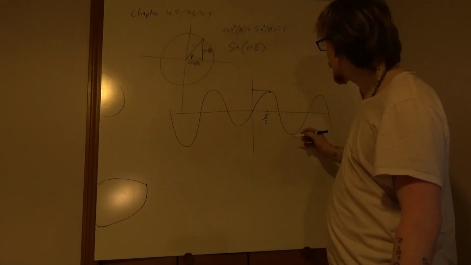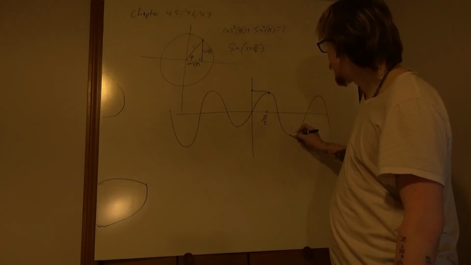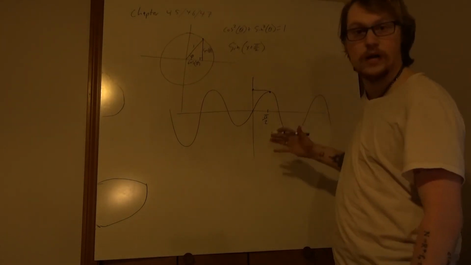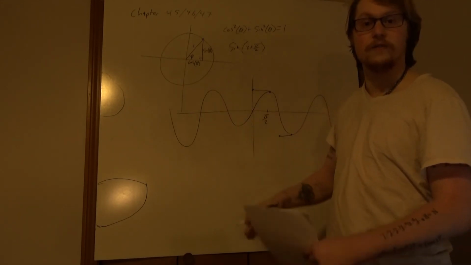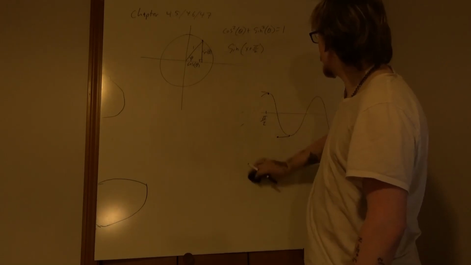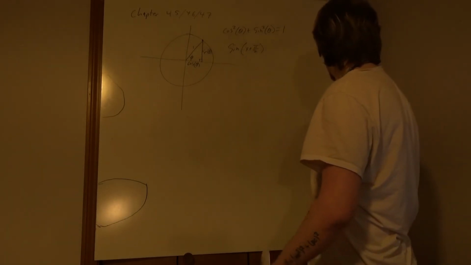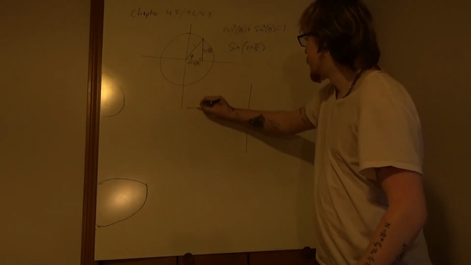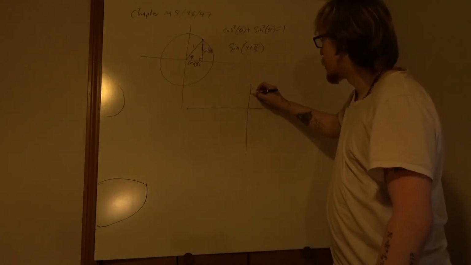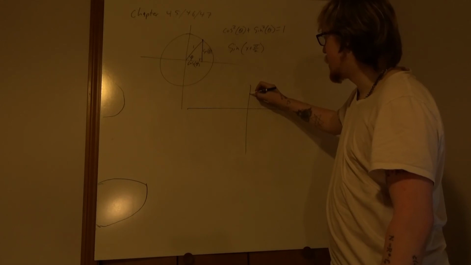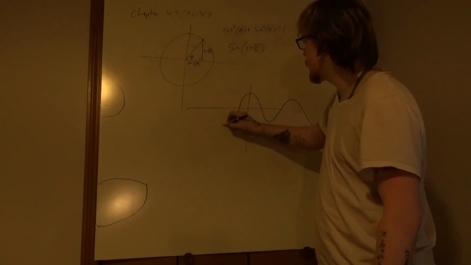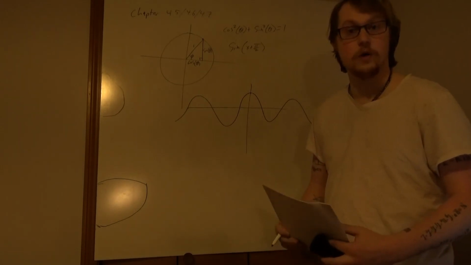We would take this point and shift it here, and likewise everything else would shift with it. And in fact, when we look at what function that is, the function that looks exactly like sine, but with its first peak at 0,